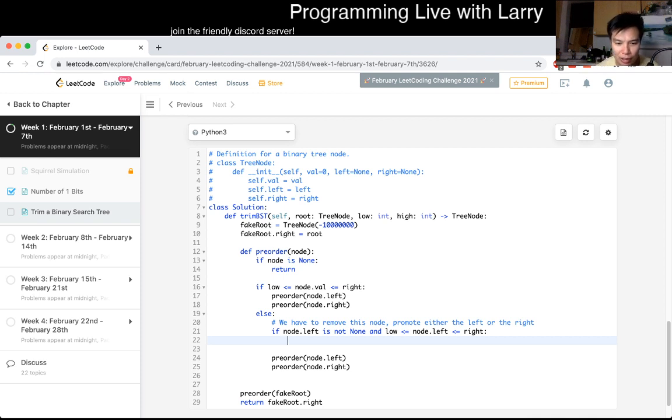So actually what I want to do is keep track of the parent, so that's a little bit easier, and then just do fake root dot right, which is the actual root. So now we have parent and node. Yeah, okay, so if node is none, we return. Otherwise, if this is inside, that's good. We just do a recursion. Otherwise